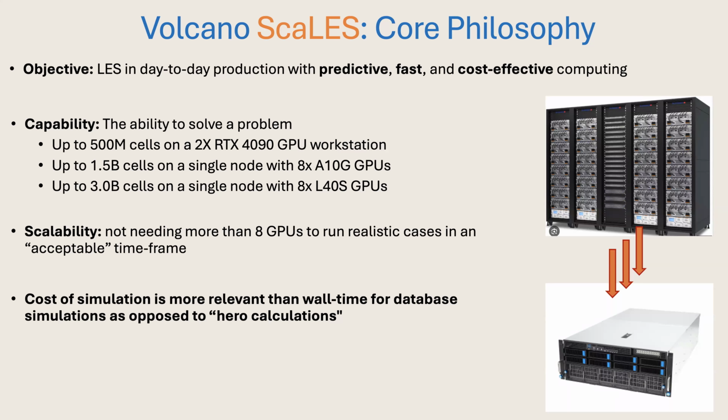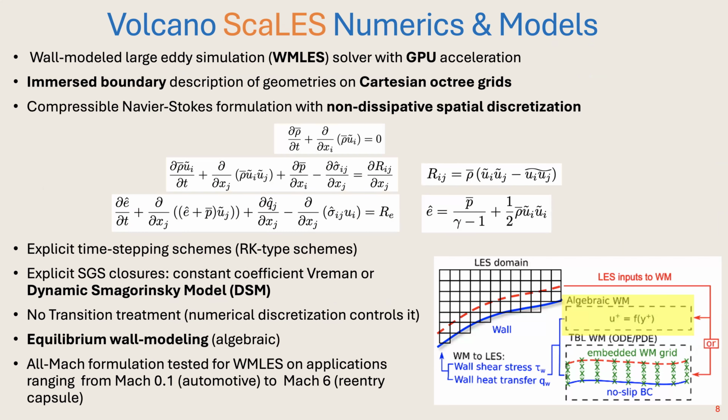And the other thing is that machine learning and AI is another area that needs fast, accurate, and rich data. So if machine learning needs that data, then we have to make this really fast and accurate. Okay, and then the one page I have is on the numerics and the models. As I mentioned, we have a wall model large eddy simulation solver, Volcano Scales. Focus on GPU acceleration. So far, it's all NVIDIA CUDA based, and then